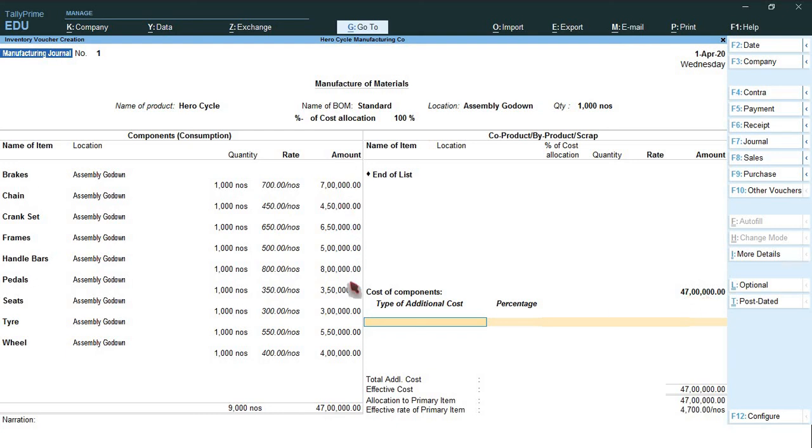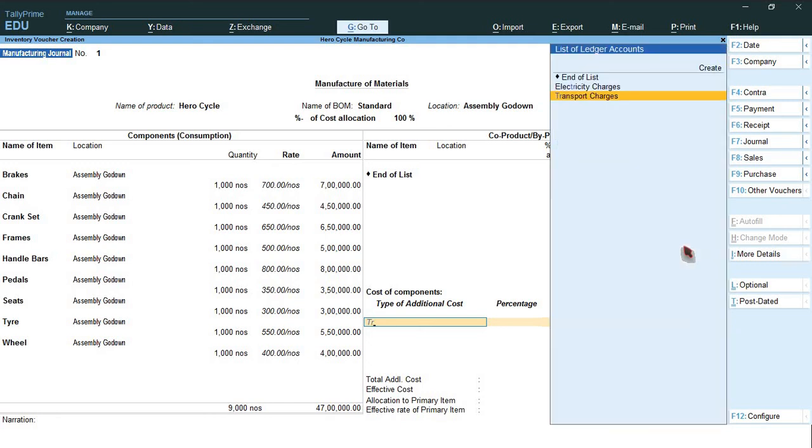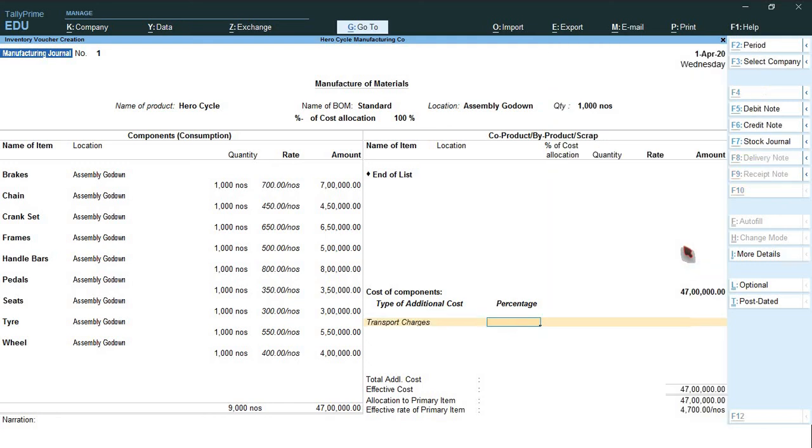Friends, see here the total cost is 47 lakh, including all these values. Totaling all these values, that total is 47 lakh. So you have to add additional cost for this total. So transportation charges, percentage 2%. So 94,000 on 47 lakh. Okay. So 47 lakh into 2 divided by 100 means 94,000. So that's why for your reference I typed within brackets